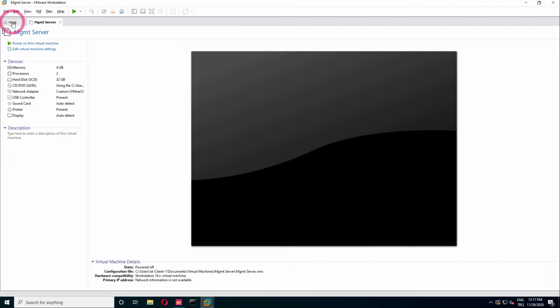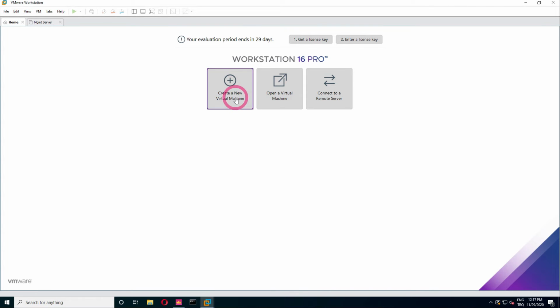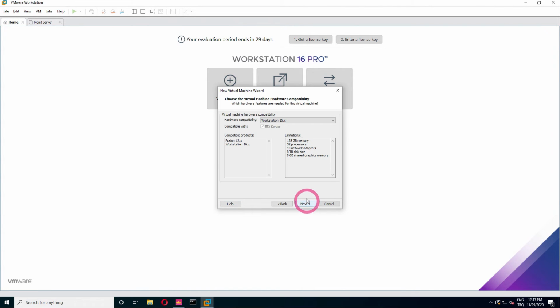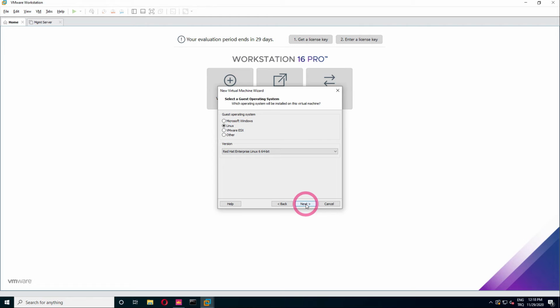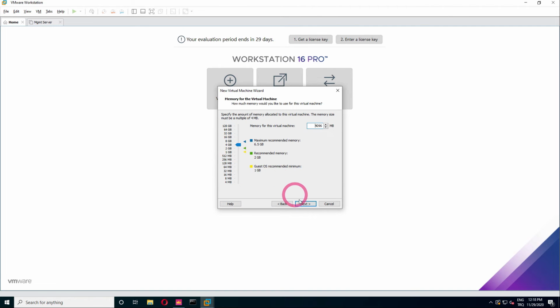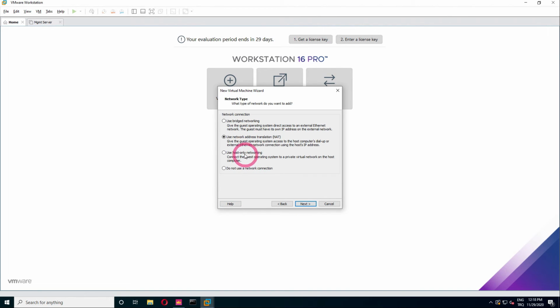Let's go to the main page and say create virtual machine from here. I say next. I say next. Here again, I specify that we will determine the operating system later, and I say next. I choose Red Hat Enterprise Linux 6 64-bit and say next. Let's write it as firewall 1. Let's give it 2 CPUs, let's say next. Let's call it next after making it 4 GB.